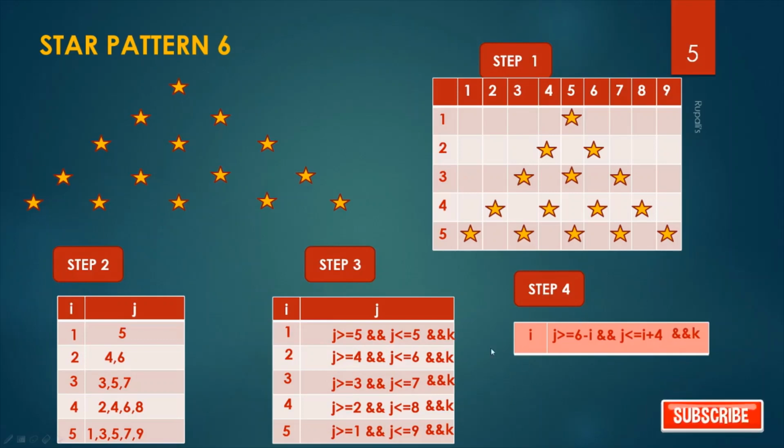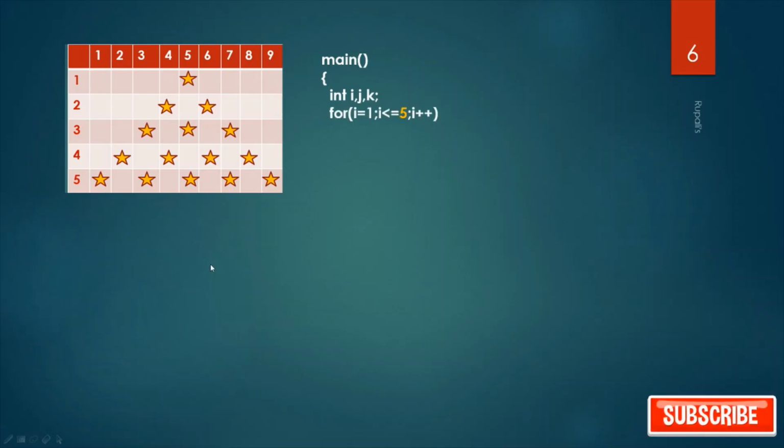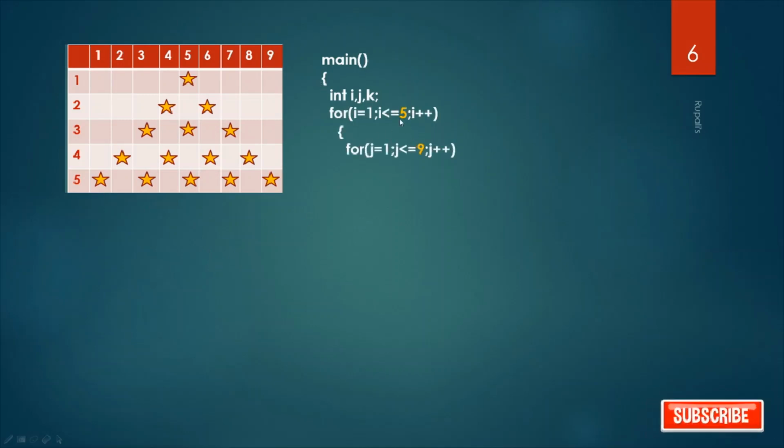Now, this is our condition. Now the program. For the program, I take 3 integer variables i, j and k. This loop is for the number of rows, and this loop is for the number of columns. Here 5 rows and 9 columns. Now, you have to write the condition here.